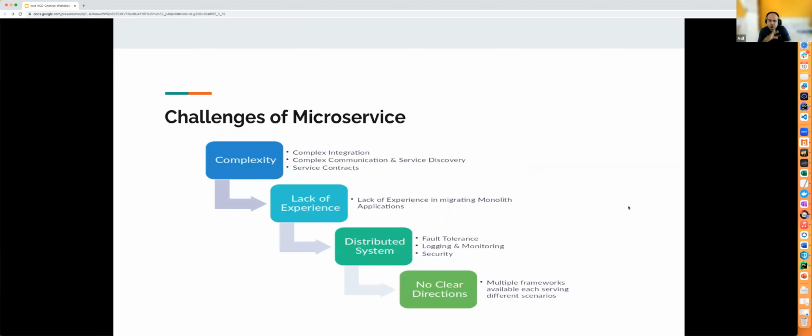If you see the challenges, first was complexity. Complexity of what? Complexity of the integration between these microservices, because right now all the basic blocks are independent of each other, and now they have to be integrated to form a single application, right? So the complexity of integration was very huge. And then communication and service discovery became a big challenge.